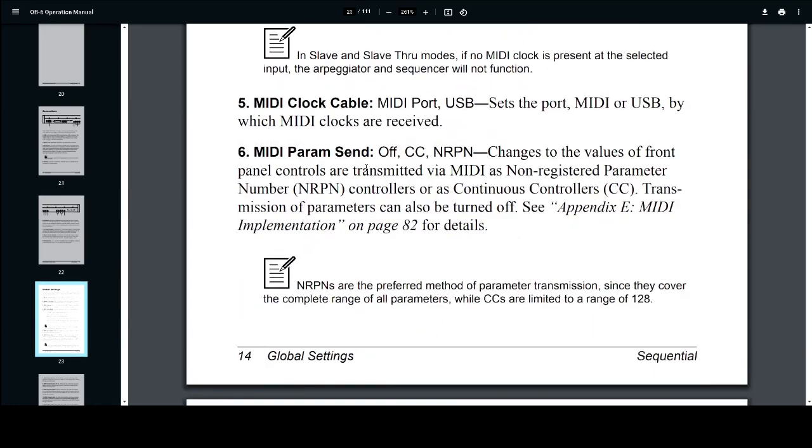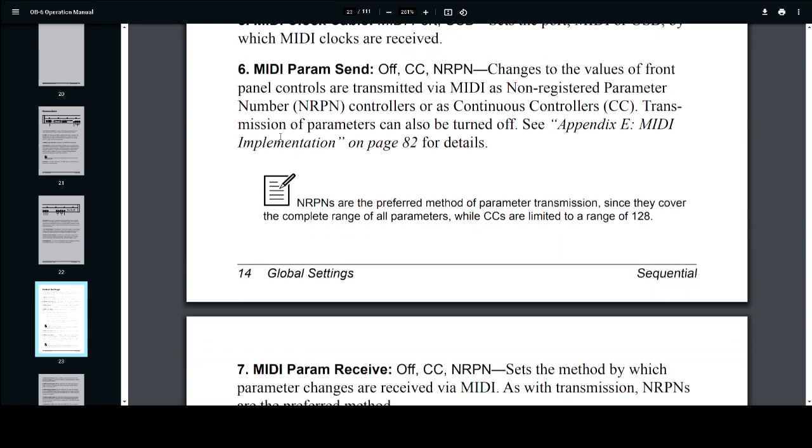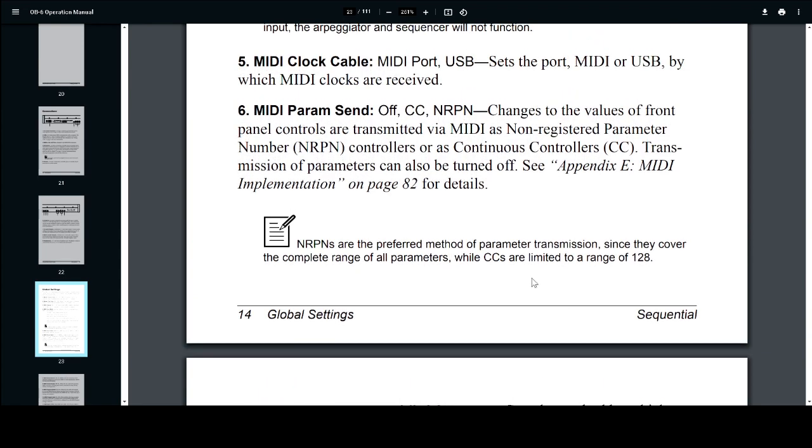MIDI clock cable, so you can use a MIDI cable, you can use the USB port. It just depends on what you're using and how you're doing it. It's not really a matter of what works better. MIDI parameter send, so this is if you want to record, let's say you're jamming. What this is